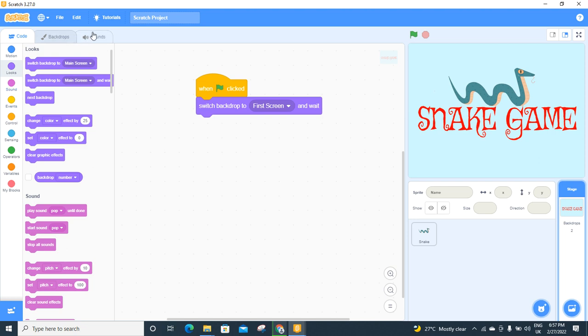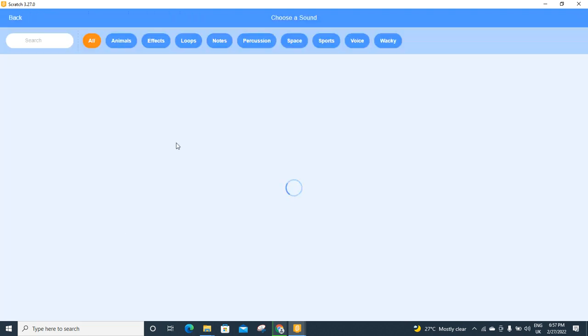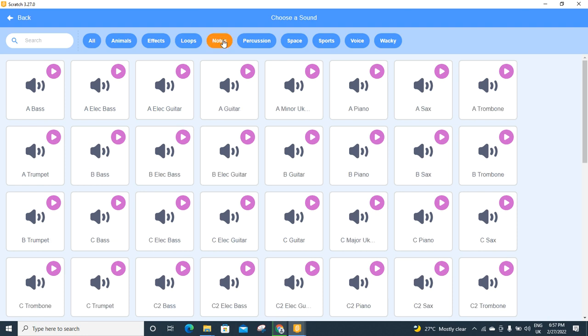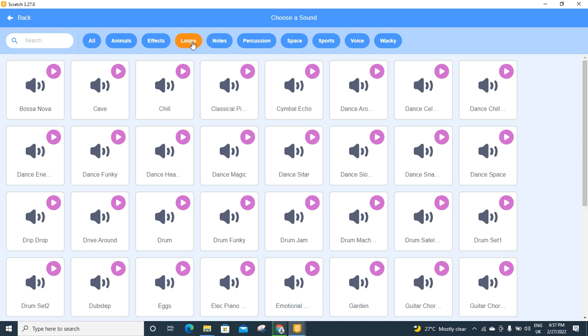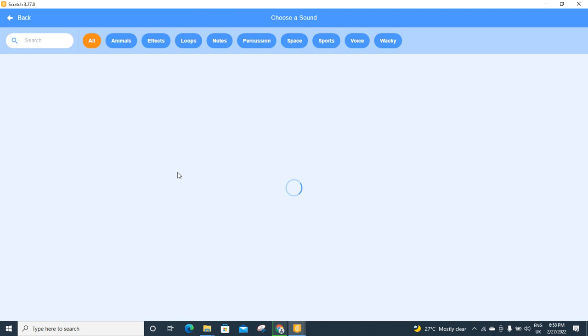So I will go to my sound first. When I get to my sounds, you see here, choose a sound. So I can choose a sound. So to get amazing sound, I'll go to notes. Is it notes? Okay, not notes. I'll go to loops. So you can see what I'm clicking on that is playing the music. So you can just go to the sound and then choose any sounds that you think you like. So this was the one I chose, so I'm going to select this one again. So you can also select the one you like. So we have the pop, leave the pop there, and also the drip drop, and I'll choose another one which is going to be